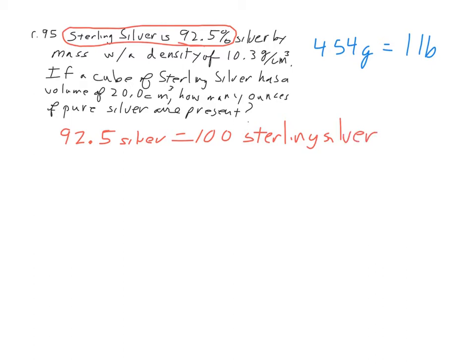Then we have a density of 10.3 grams per cubic centimeter. So once again, we have grams per 1 cubic centimeter. So we need to start with